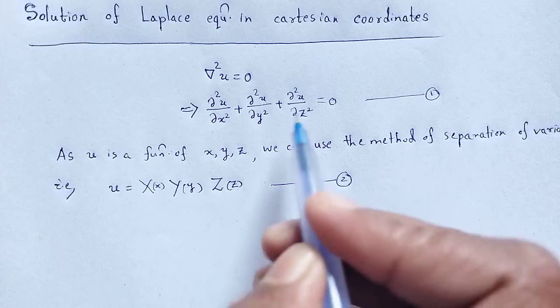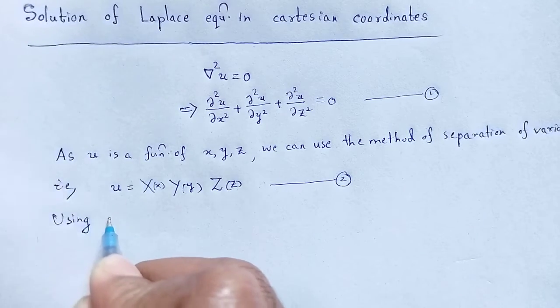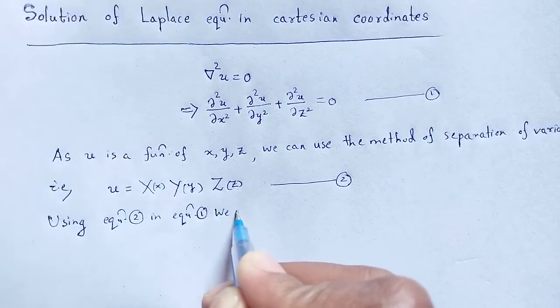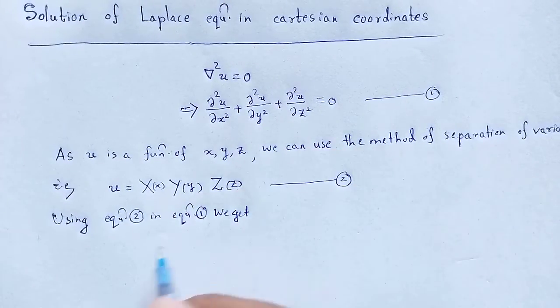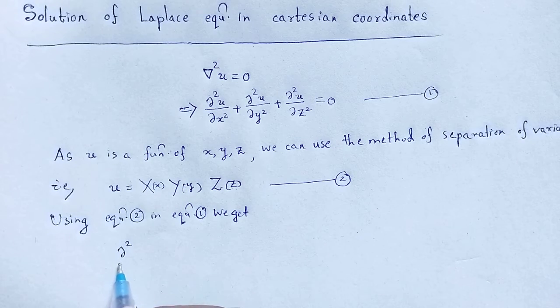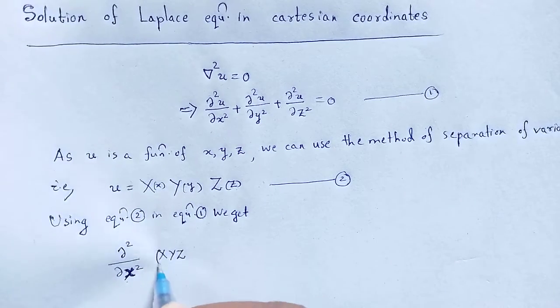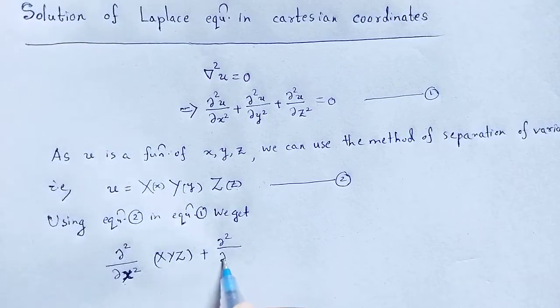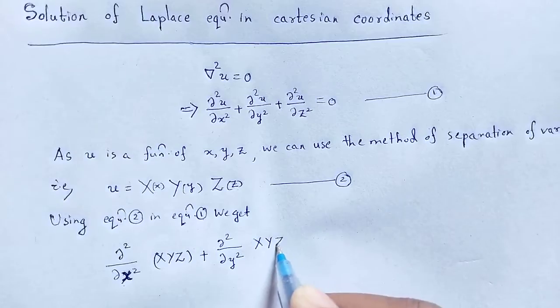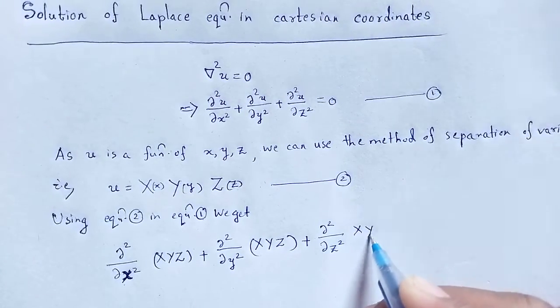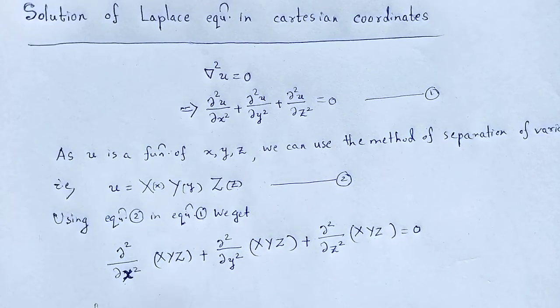Using equation 2 in equation 1, we get del 2 by del x2 of XYZ plus del 2 by del y2 of XYZ plus del 2 by del z2 of XYZ is equal to 0, which implies